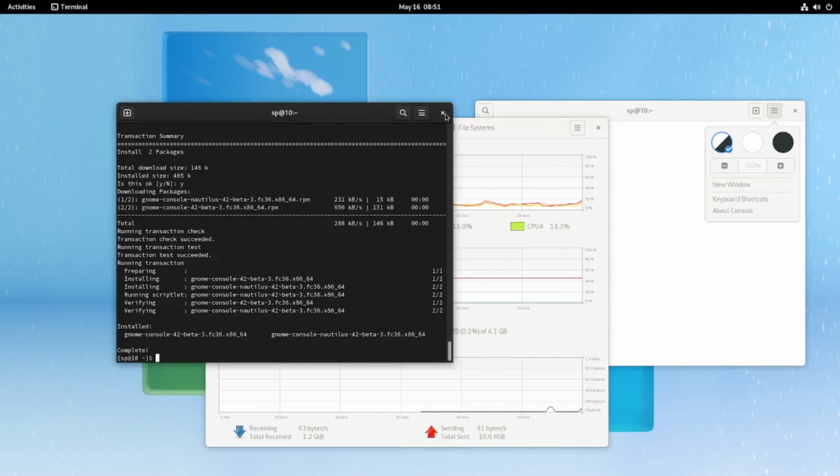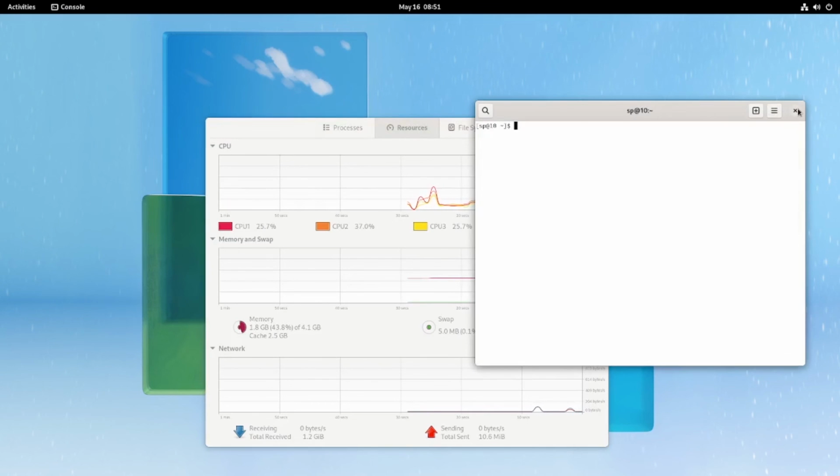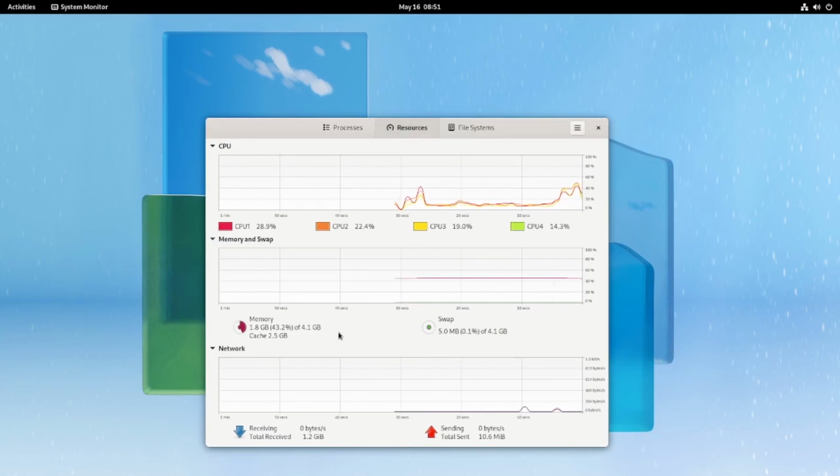Wait, I will close this. The memory usage in the idle condition is 1.8 gigabytes. It's quite big for me.